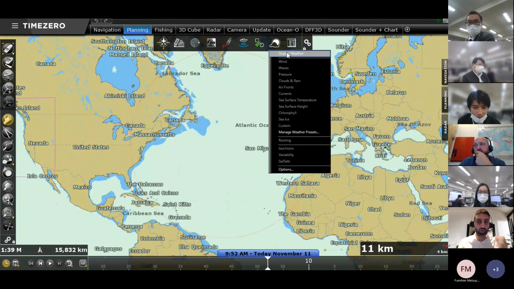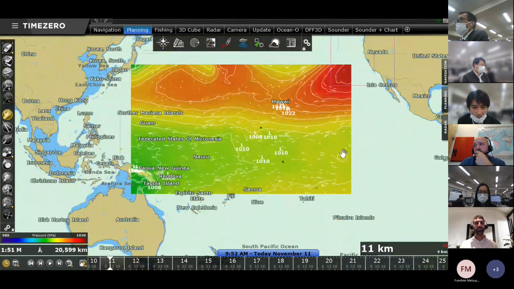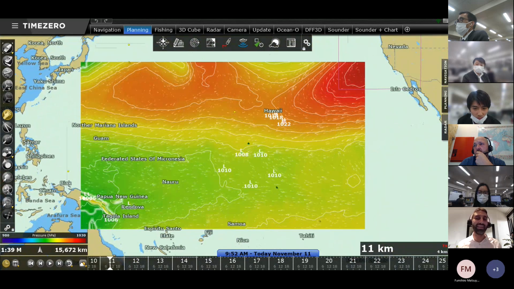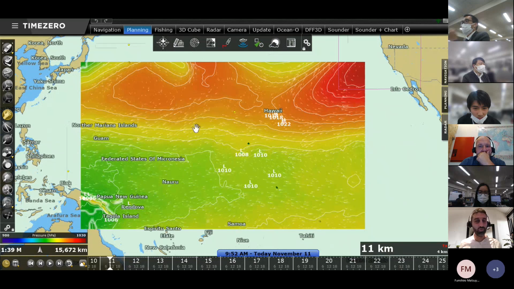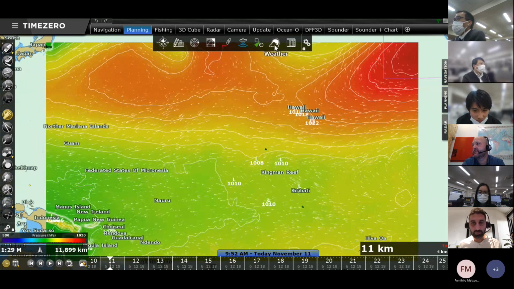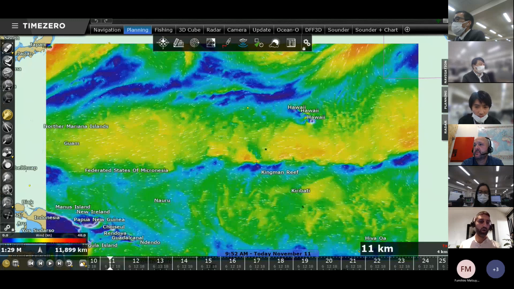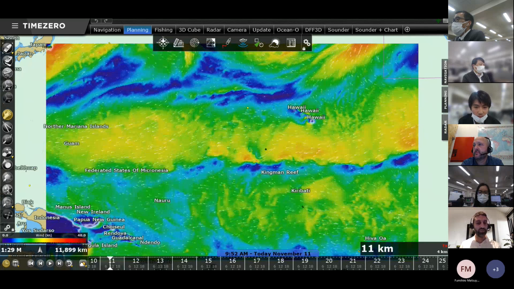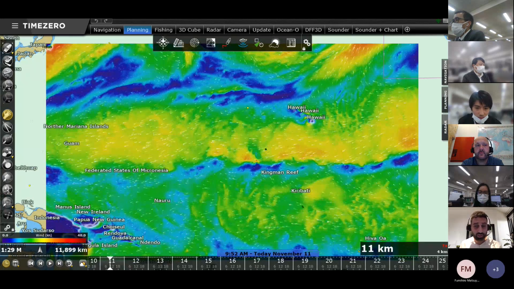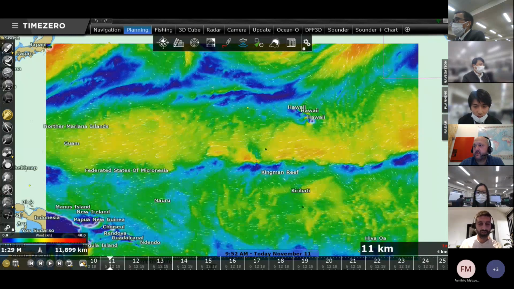And TimeZero has worked a lot on its weather file rendering. Now it looks like this, so we use a particle animated file, so the weather file is dynamic, okay? So here I'm displaying wind information, okay? So you can see how the wind information is displayed on TimeZero. At the bottom, you have a timeline. Okay, so this is today at 9:52 in the morning for us.